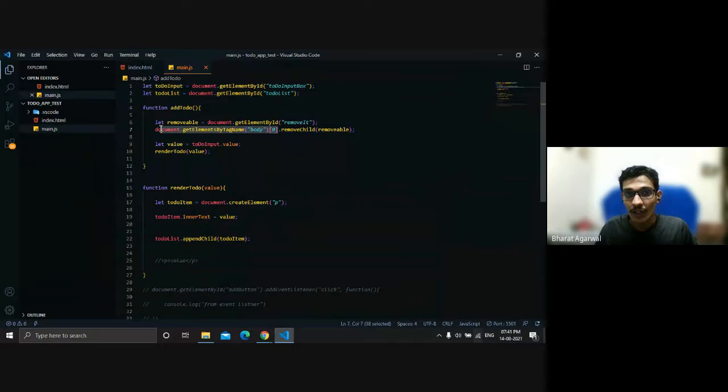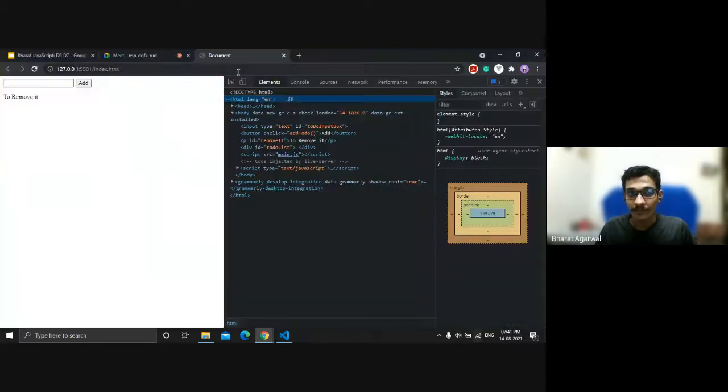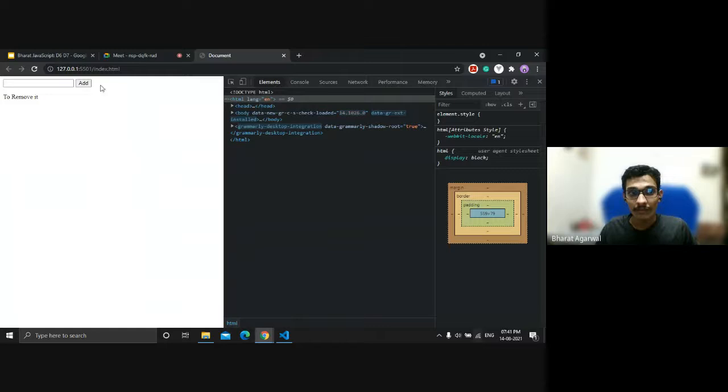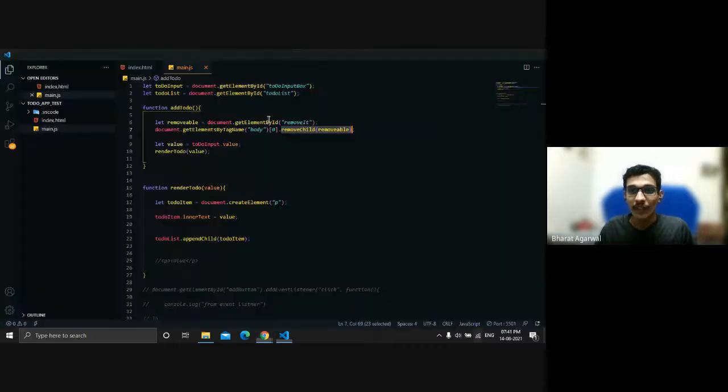So I'll use document.get element by tag name body, and since body will be only one, I'll use the 0th element and I'll remove the child from there. See, the node has gone. So that's how we can remove an element from a node.